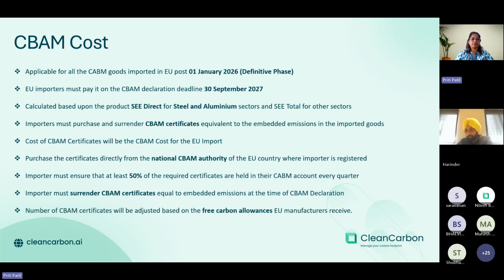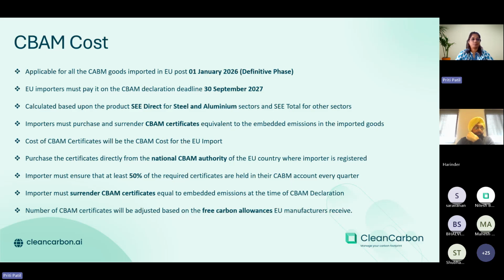This CBAM cost is calculated based upon the product SE direct for steel and aluminum sectors, which is direct emissions of the product, and SE total for other sectors. So there are other sectors apart from steel and aluminum, like cement, fertilizers, etc. For those sectors, SE total is considered for calculating tax, but for steel and aluminum, SE direct will be used, which is a good thing for steel and aluminum manufacturers because it will